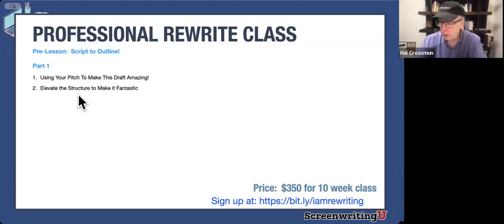From there, you'll look at your structure and you'll elevate that structure until it's fantastic. Most people have good structure, not fantastic structure. So this gives you a chance to take it to a new level. Anything you can do to elevate it, especially if you're finding any weak points in your structure, wow, that's a